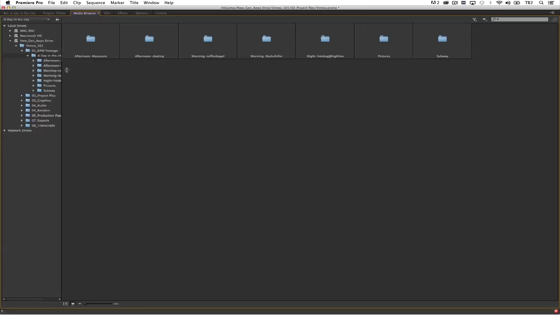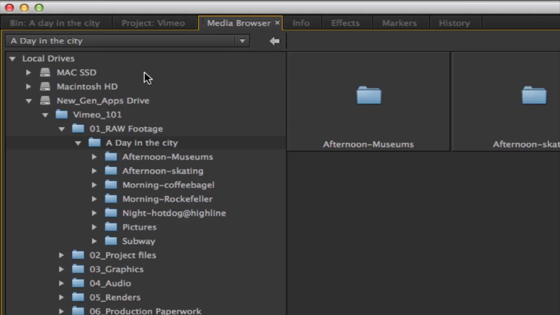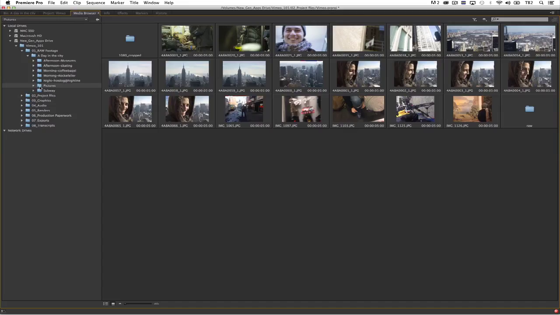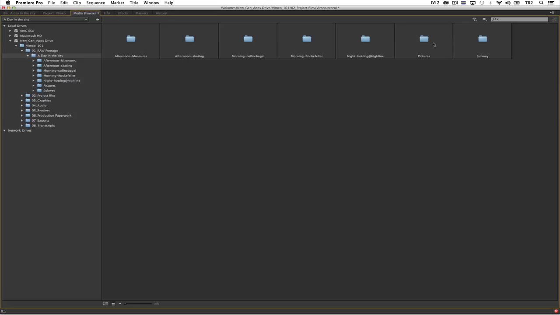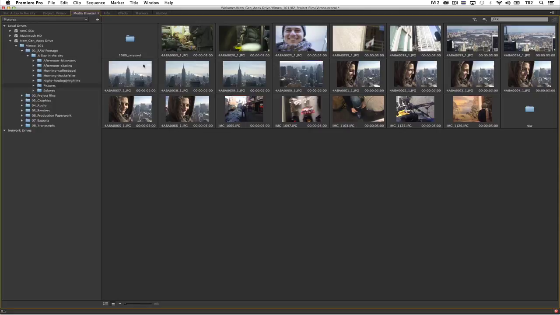And you can always, this is kind of your roadmap here on the left. You can see where you are in what folder. So if I were to highlight the pictures folder, I can see everything in the pictures folder. But I want to go back to A Day in the City folder. Want to double click pictures. And if I wanted my 1080p cropped pictures, and I wanted these images, which are the full res JPEGs,